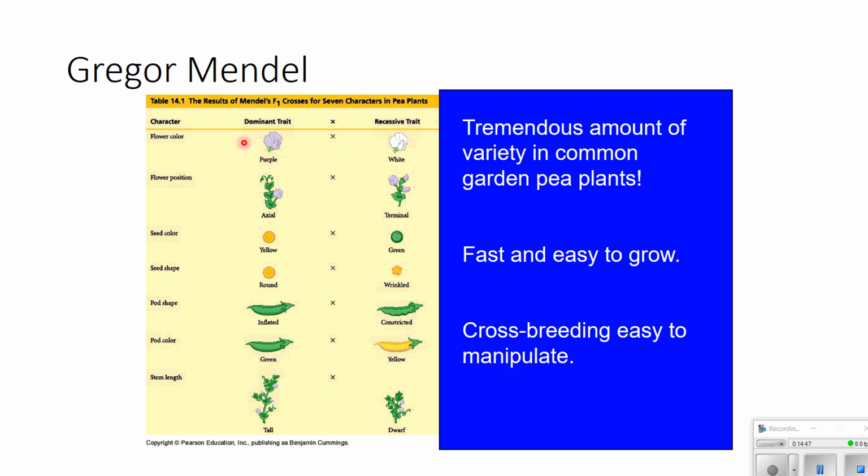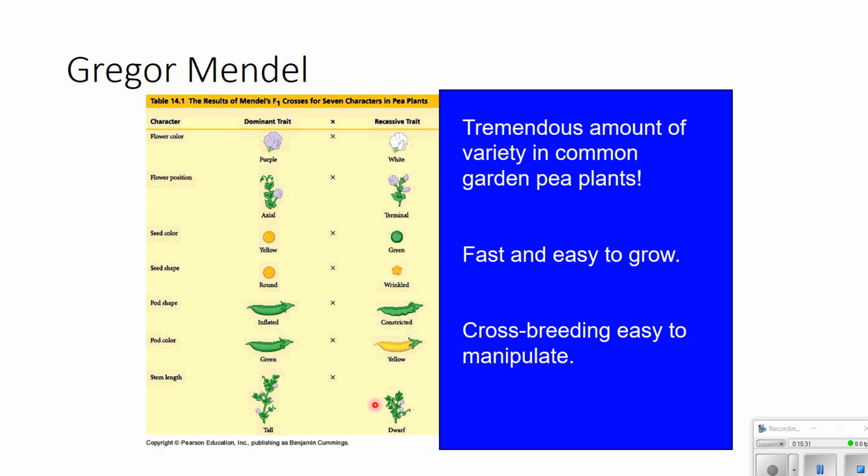Flower color. Some pea plants have purple flowers, some have white. Flower position. Some pea plants form their blooms branching off of the main axis of the plant. Other pea plants produce all of their blooms at the terminus or the end of the stem. Seed color, some pea plants have yellow seeds, some have green. Some pea plants have round seeds, some have wrinkled. Some pea plants have smooth pods and some have wrinkled pods, green pods or yellow pods. And finally, some pea plants are very tall, about 6 feet tall, and other pea plants are much, much shorter,